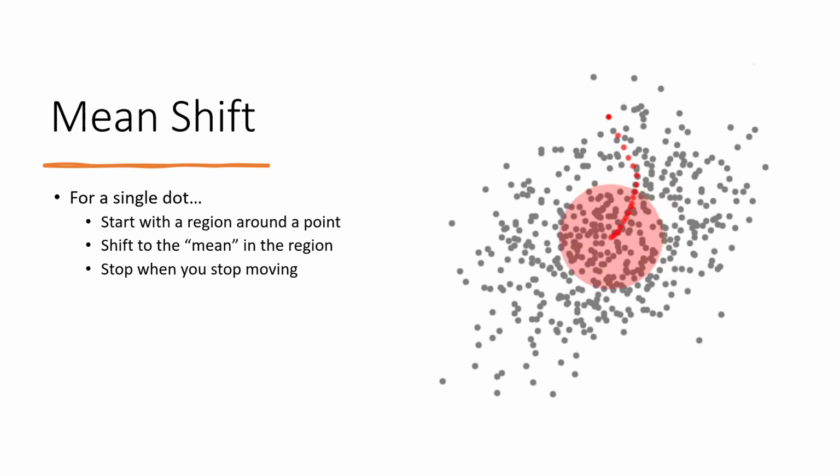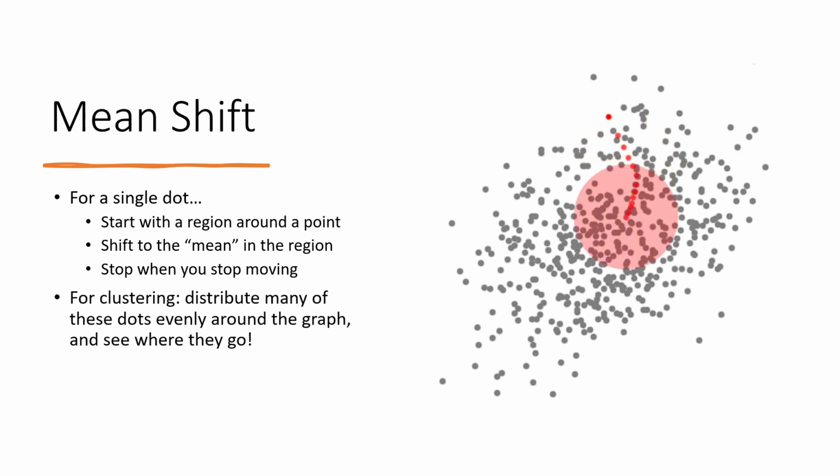And that's what the goal of mean shift is. All right, so how do I do clustering with this? Well, with clustering, I distribute a whole ton of these dots evenly around the entire graph of the cluster, or the joint distribution of variables that I'm trying to cluster. So again, in a picture form, when I'm looking at it on a two-dimensional graph, I'm going to distribute